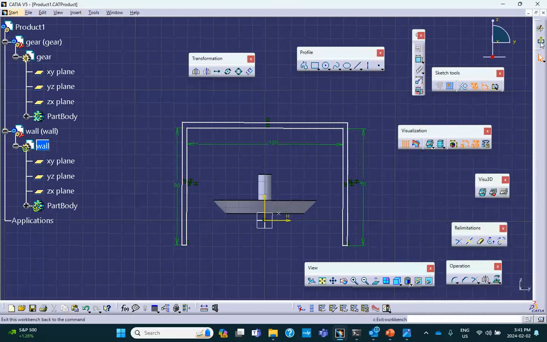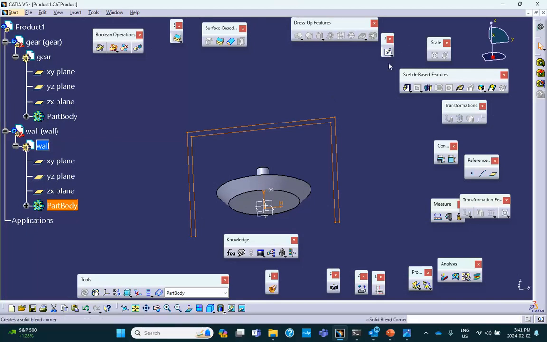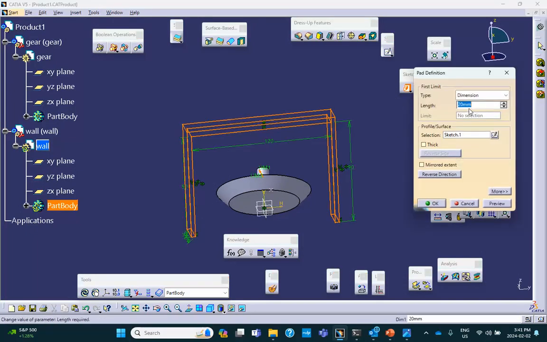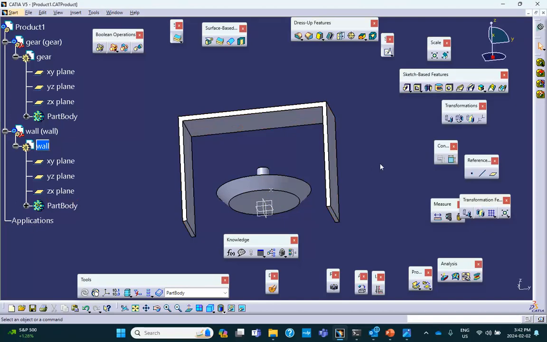Exit, and we're going to pad it by, let's say, 60 millimeters or 40 millimeters will do. 40. Okay, good. Now on that horizontal plane, I'm going to draw a circle that size. It's very easy for me because I can project this. Okay, so on that face, I'm going to draw,